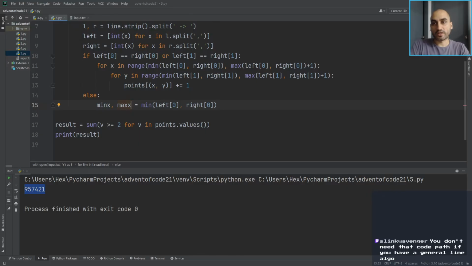You don't need that code path if you have a general line algorithm. No, you do, well, the way I'm writing this won't work for the horizontal case, because I'm just going to add one to